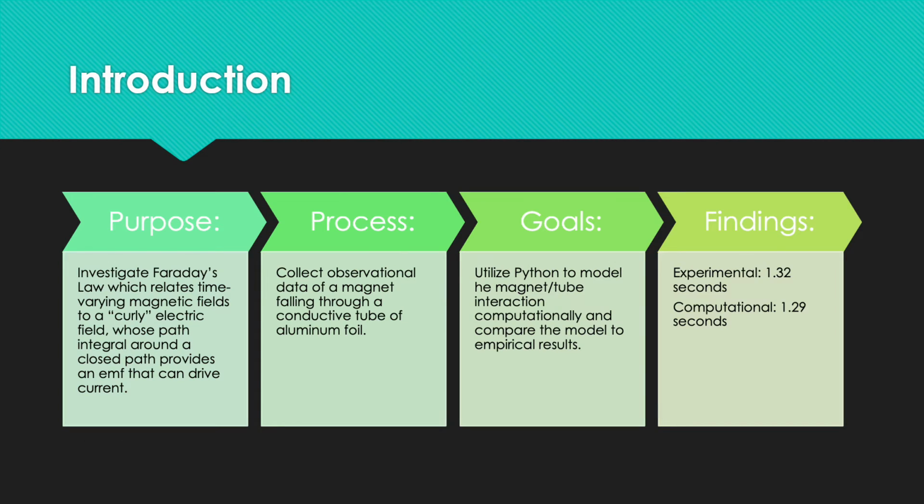The purpose of this lab is to provide a real-world example of Faraday's Law by observing a magnet falling through a conductive tube of aluminum foil. Additionally, I utilize Python to model this interaction computationally and compare the computer-generated results to my empirical results. Ultimately, I found that the aluminum foil slowed down the falling magnet. I found experimentally that it took the magnet 1.32 seconds to fall through the tube, while it took 1.29 seconds